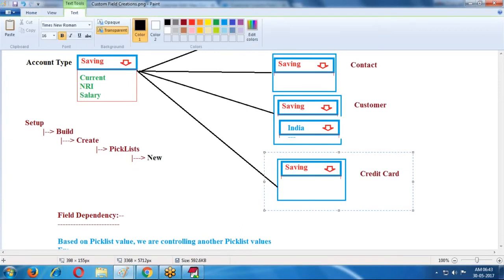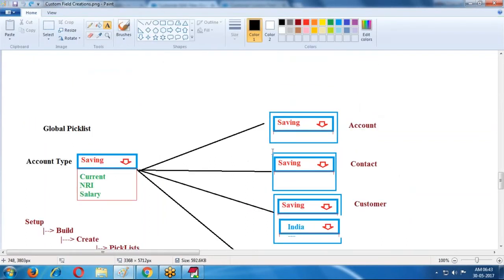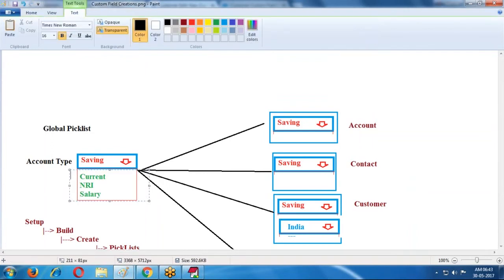Like this, in 5 to 6 places I require the same value. If the same values are required for every place, instead of creating them in the particular object, we create these values in a separate place.